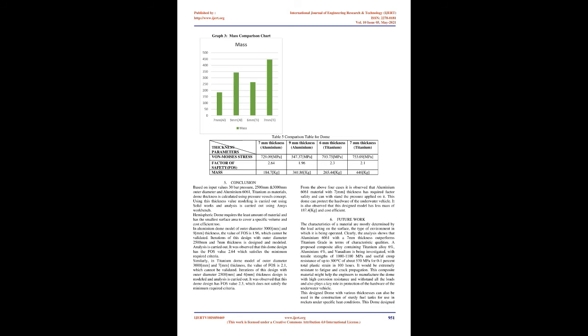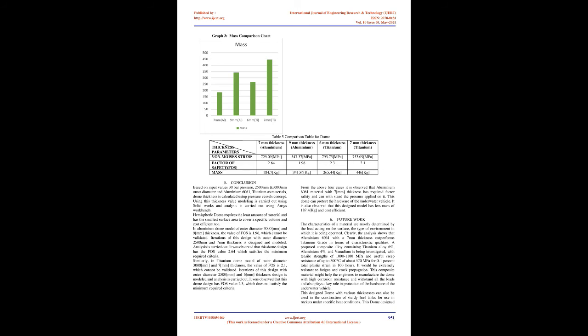is cost efficient too. In the aluminium dome model of outer diameter 3000 mm and 9 mm thickness, the value of FOS is 1.96, which cannot be validated. Iterations of this design with outer diameter 2500 mm and 7 mm thickness are designed and modeled. Analysis is carried out. It was observed that this dome design has an FOS value of 2.64, which satisfies the minimum